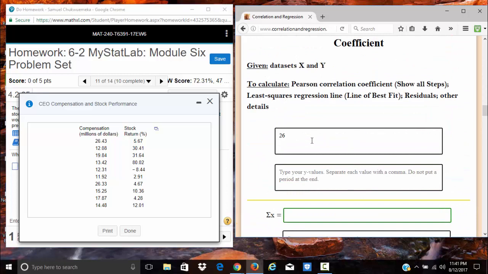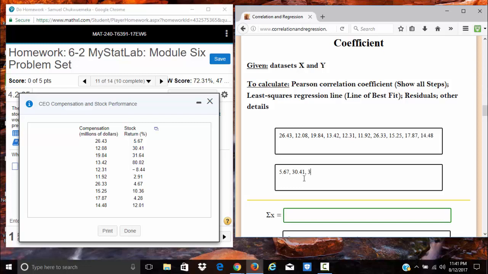Type in for x 26.43, 12.08, 19.84, 13.42, 12.31, 11.92, 26.33, 15.25, 17.87, 14.48. For y, 5.67,